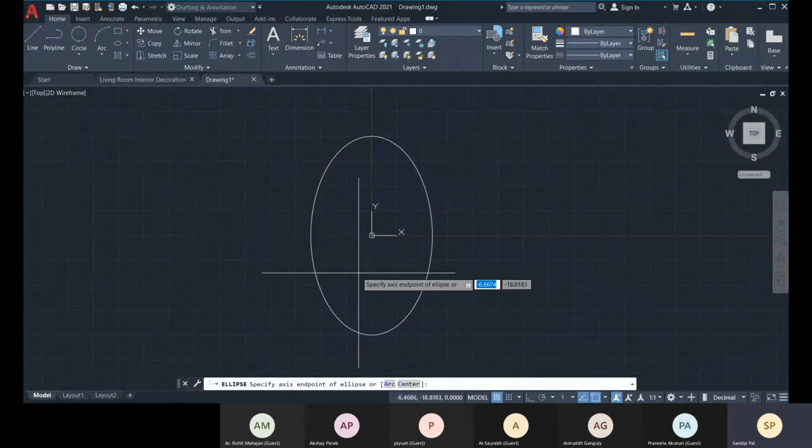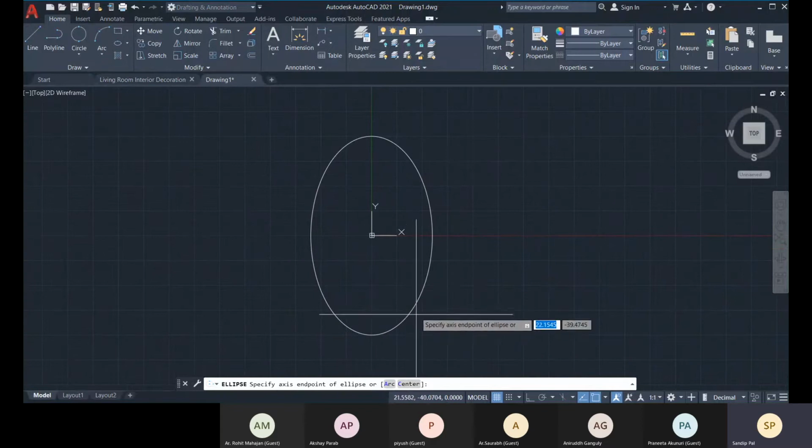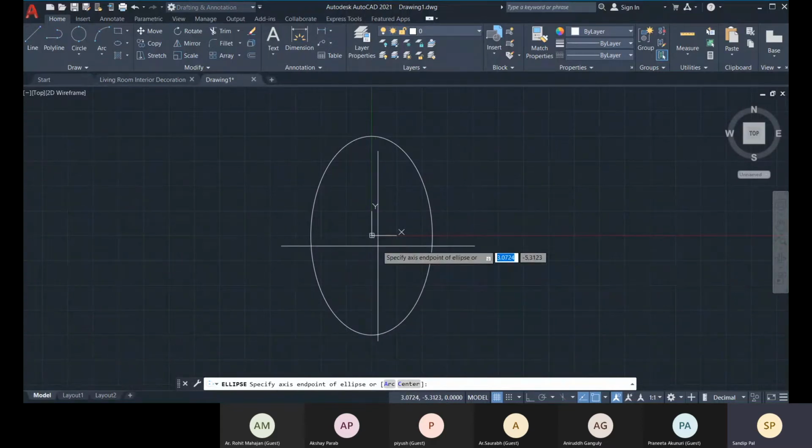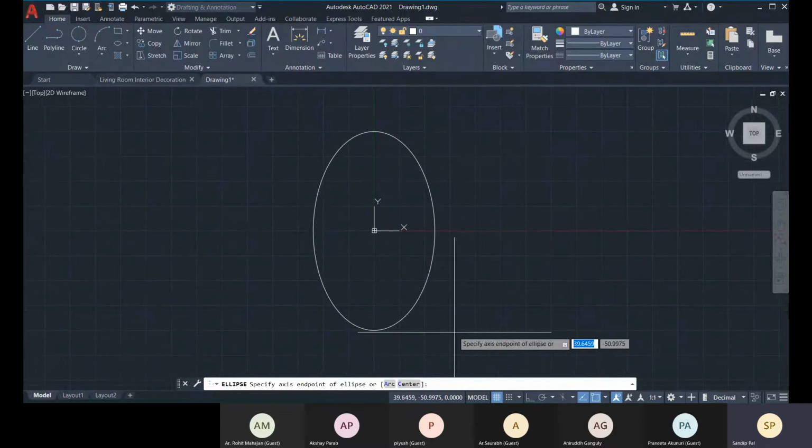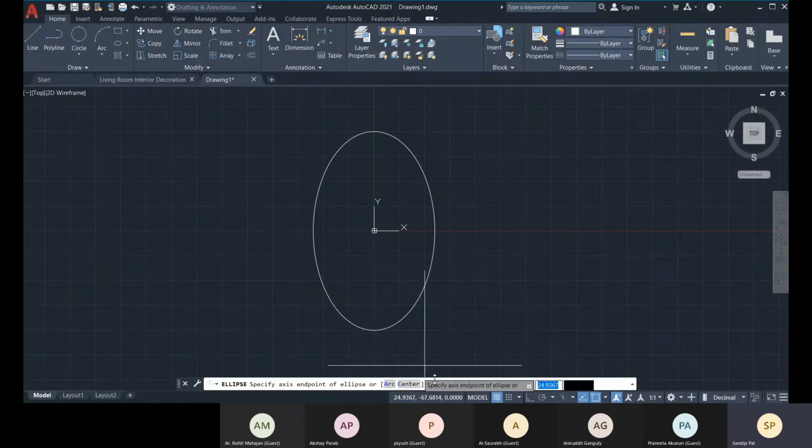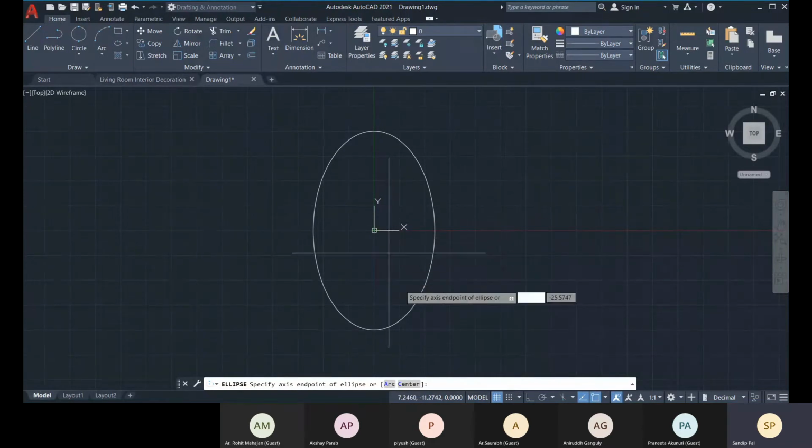Here you have to define the two endpoints of the first axis, and then only one point of the other axis. So let's define our first axis endpoints. The first endpoint will be 0,50. Enter.